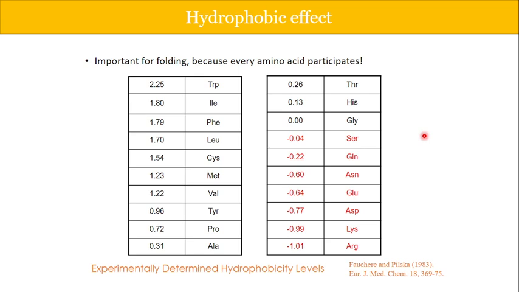And so these are some of the determined data which you may not keep in mind, but it is actually important because in folding every amino acid participates. So as we were trying to find out if from the primary structure we can comment on the 3D structure of the protein, the knowledge about the hydrophobic levels of these amino acids can actually help you in building the 3D structure in your pen and copy, or you can build it up in your mind as well.